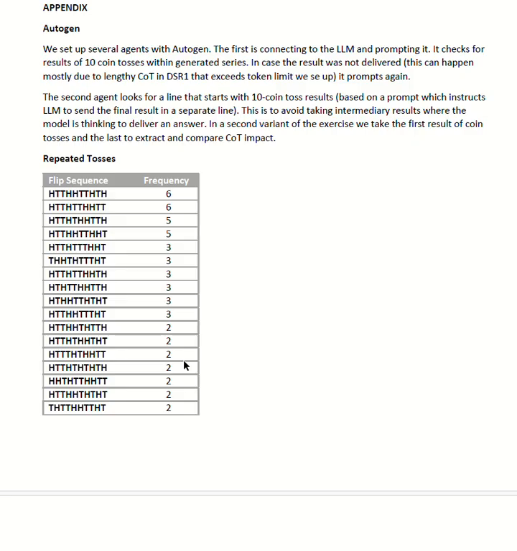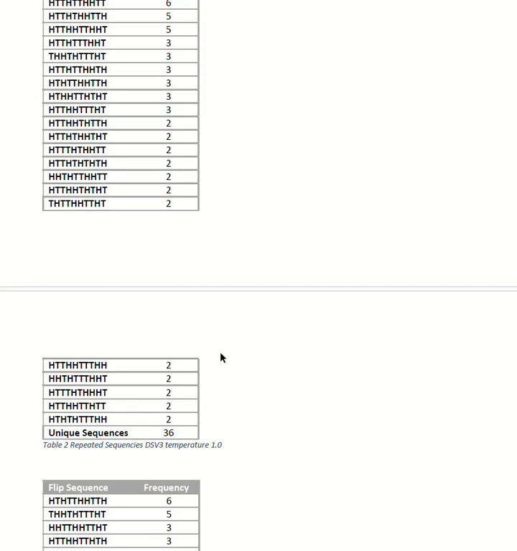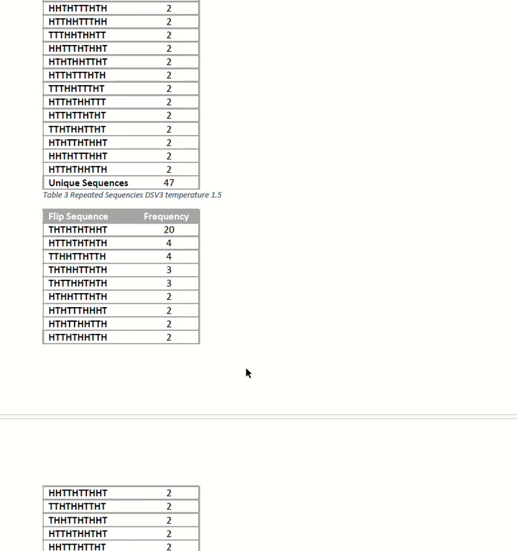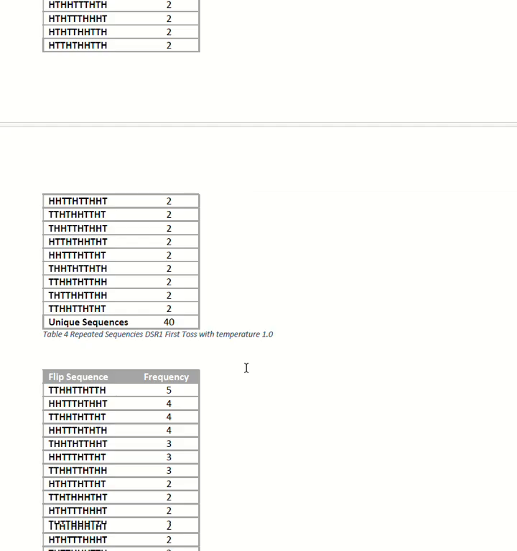Like here, for example, DeepSeek v3 has 2 sequences that happen 6 times in 100 random tosses. I show details in the paper, but this is absolutely unrealistic. It cannot happen